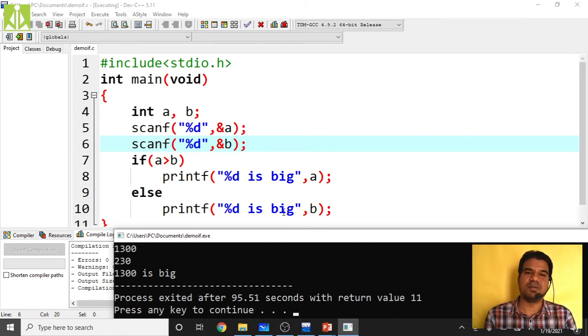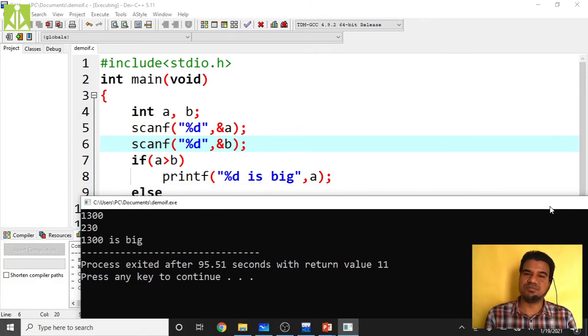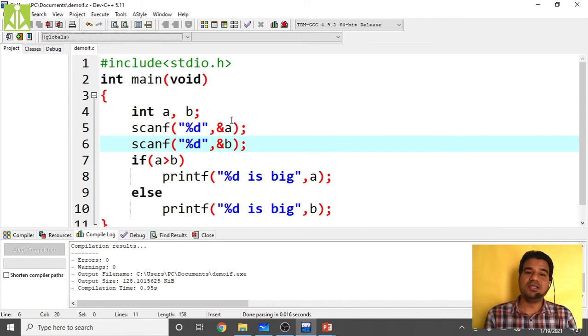Okay, it is skipping. How is it doing this? According to our instructions only. It is not following its own instructions. The way we wrote the program, in that way only it is giving the output. Don't think that it is doing something on its own. It is not doing anything by itself; whatever it is doing, we have instructed it to do. So in this way it is finding the biggest number.